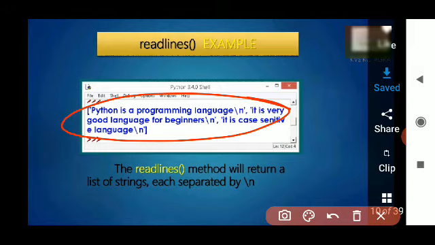Here is a list of strings separated by \n, because \n is the escape sequence character for a new line. Is that clear?